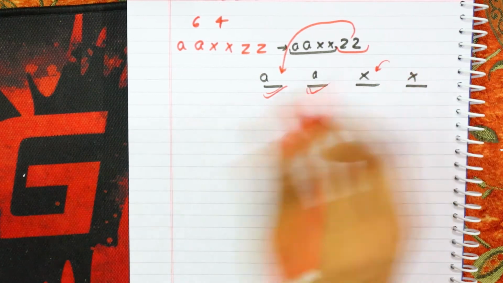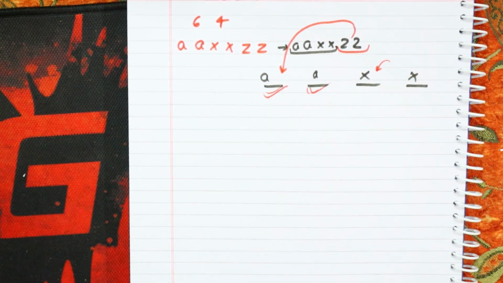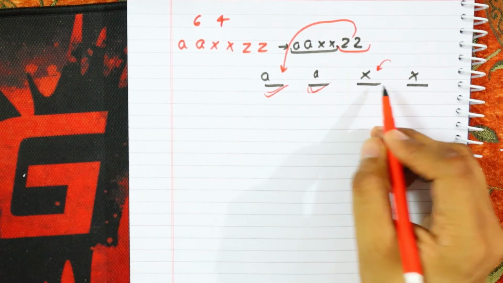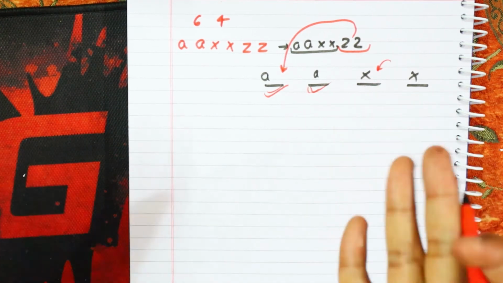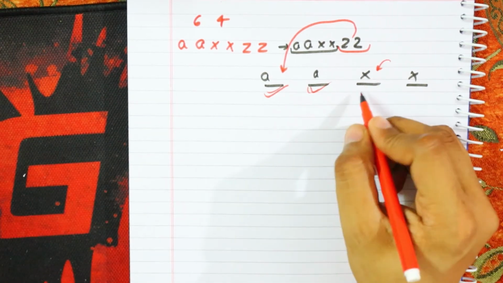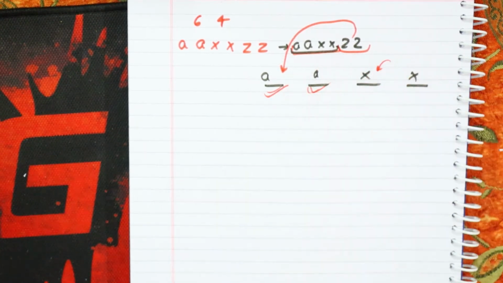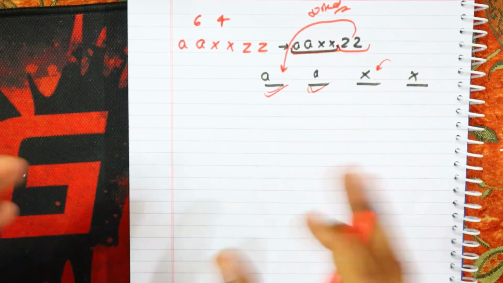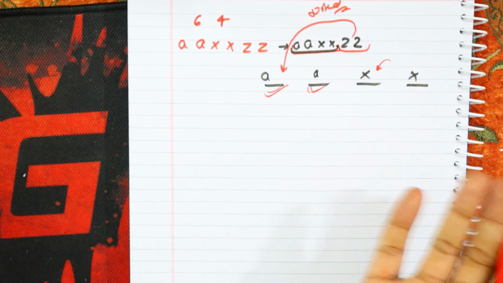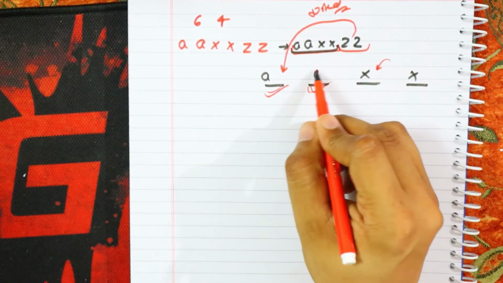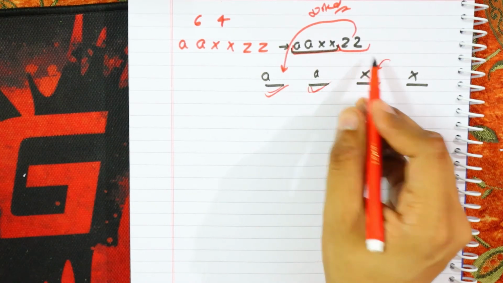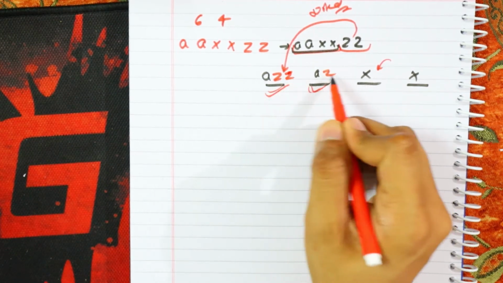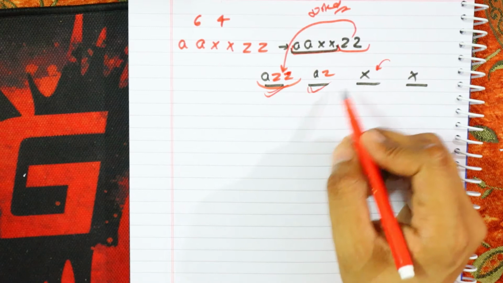Understanding? Because at last you have to print the lexicographically largest one in this, and we have to minimize that. So there is no point in adding another alphabet in this, because already it is very big, and I have opted from starting because I have sorted it. So already I took the minimum from my side, but now I will not add another element. Let's suppose A was not here and we have to add ZZ, then I will add both my Z's here, but as you know that here it is remaining, so I will add my 1 Z here, but it will not affect basically because it is already lexicographically smaller than this.